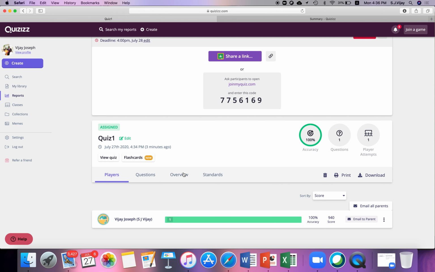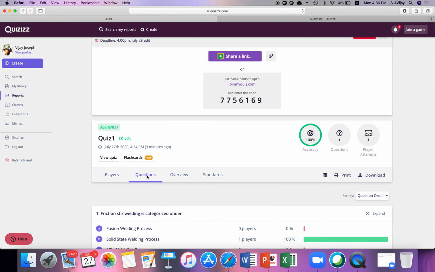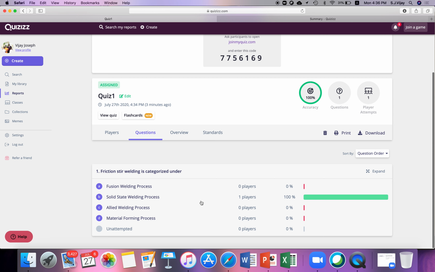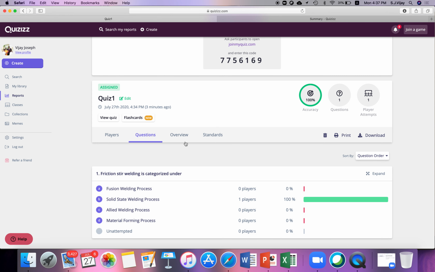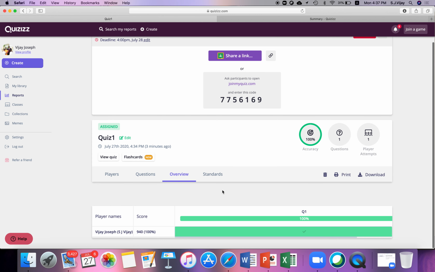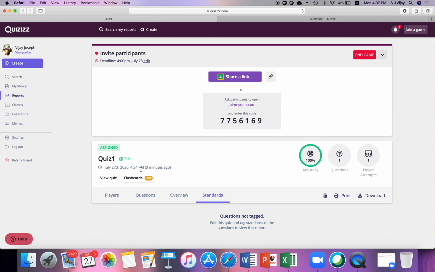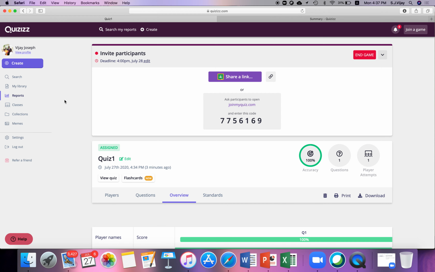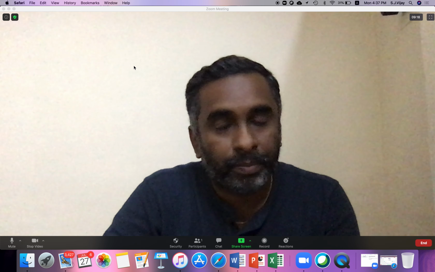Also, you can go to the questions and show them what is the right answer for every question we have uploaded, and also the overall score of each student will appear here. For every question he has attempted right, the markings will be shown here in tabulated form. So using these things, you can show online what is the performance of the student or the students.